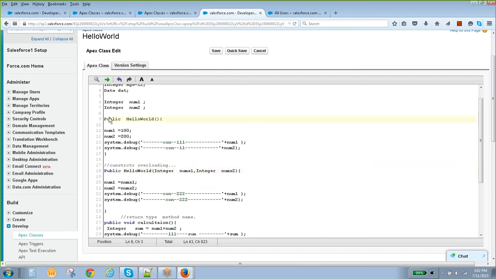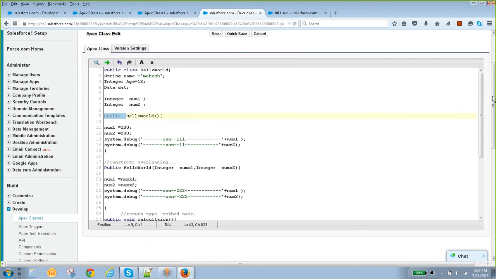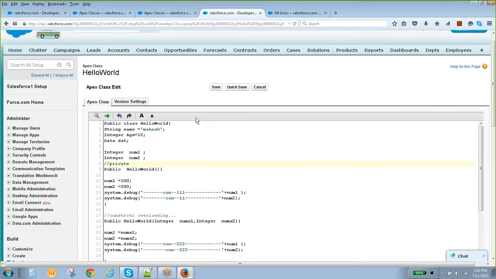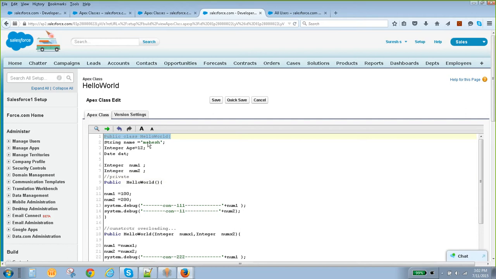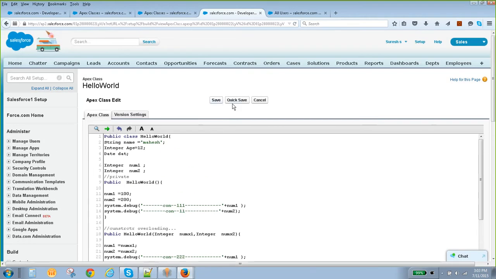If you make it public, anyone can access it within this particular Salesforce org. Another one is private. We can make a method private, not a class. We can't make a top-level class private. Whereas we can make an inner class private. An inner class is a class within a class. So we can make an inner class private, not the parent class. Correct? Okay, so you got it.